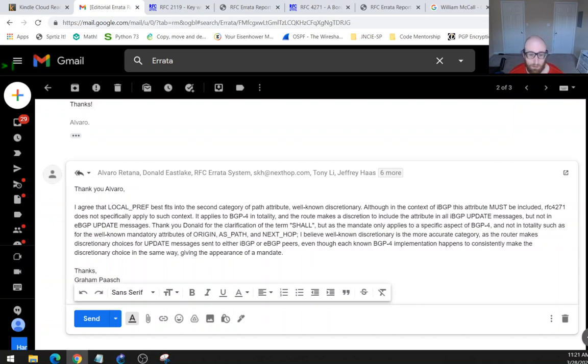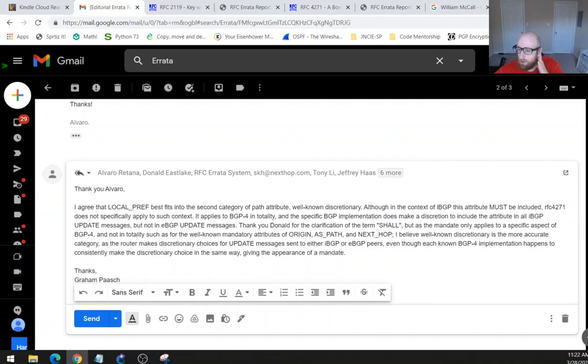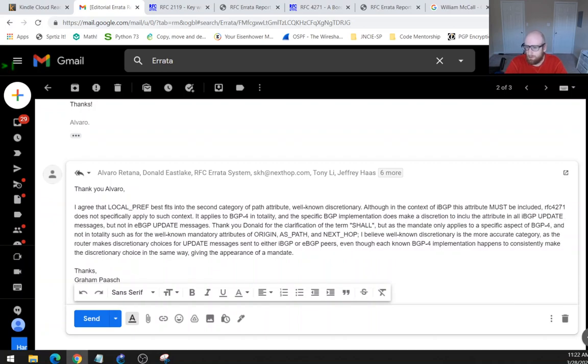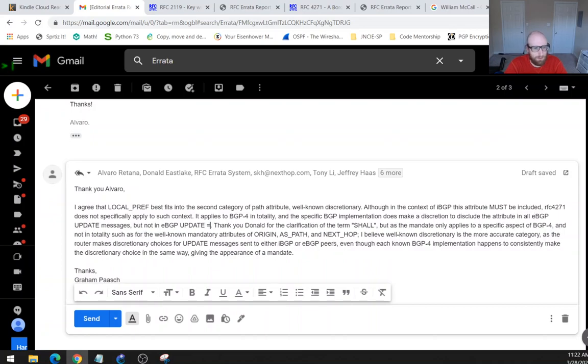It applies to BGP-4 in totality, and the specific BGP implementation does make a discretion to include the attribute in all iBGP update messages, or to disclude the attribute, as the RFC